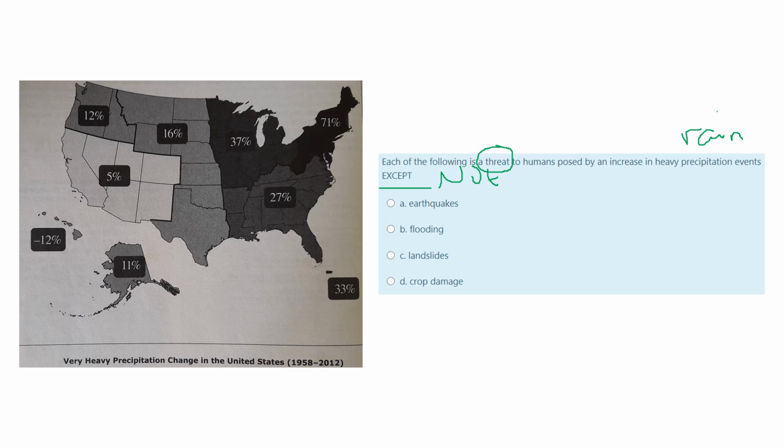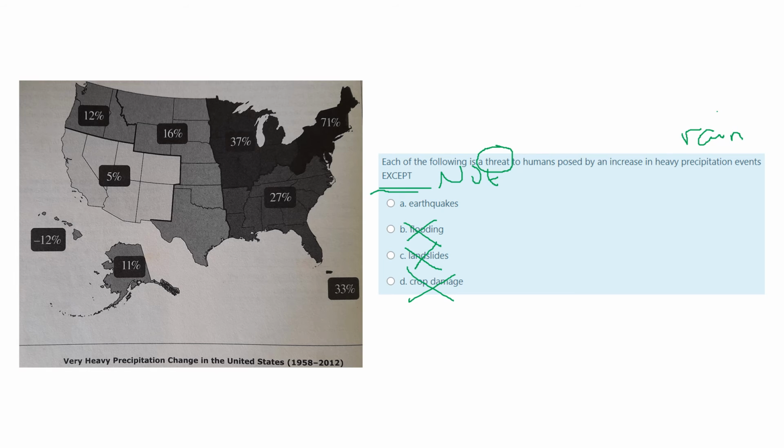Crop damage, well, if there's too much rain, the seeds get washed away. So this can threaten people's livelihoods. Landslides. If there's a lot of rain, then loose mud on a mountain can start to fall down. I think we see it on the Mirawaddy Road sometimes in rainy season. There are landslides. Mud falls down the mountain and blocks the roads. This could be a danger. It could fall on people. Flooding. Well, if there's more rain, there's more water, the river will rise and it will flood into people's houses.